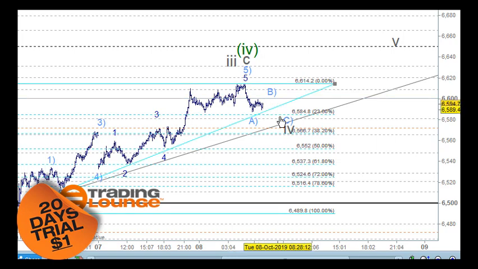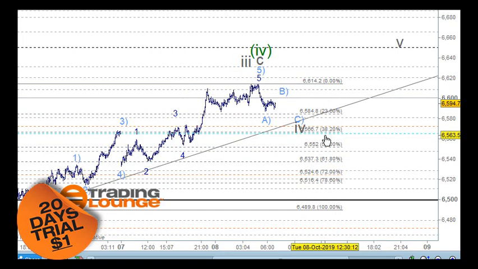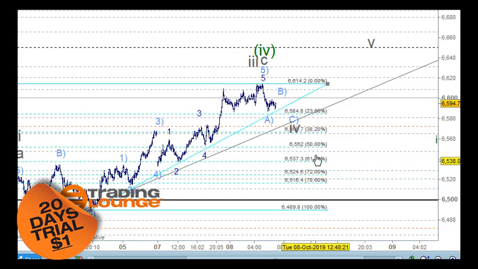If it continues to crash past the 38.2% retracement level, then we know that we're in a bit of a bearish mode from that point. So we really need this to play out. And of course, the US markets are in pretty much the same boat, so we can talk about that in that video. In terms of the Nifty